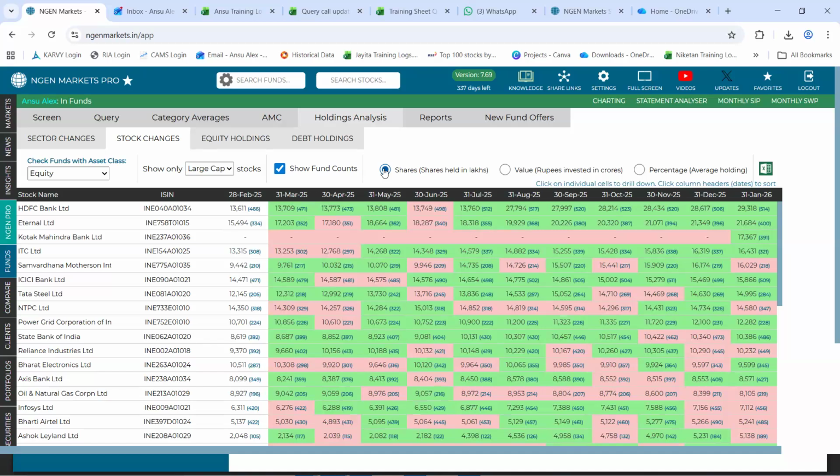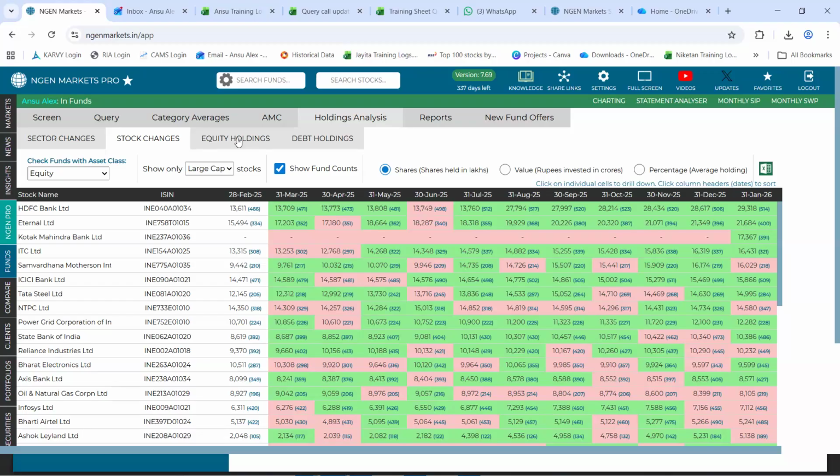In consideration to the previous month, has the shares held increased or reduced? And these shares we show in terms of lakhs. So value will anytime be in terms of rupees, that is crores, and shares will be in terms of lakhs that way. And as I mentioned, the color coordination remains the same. Green says a month on month increase and pink says a month on month reduction.